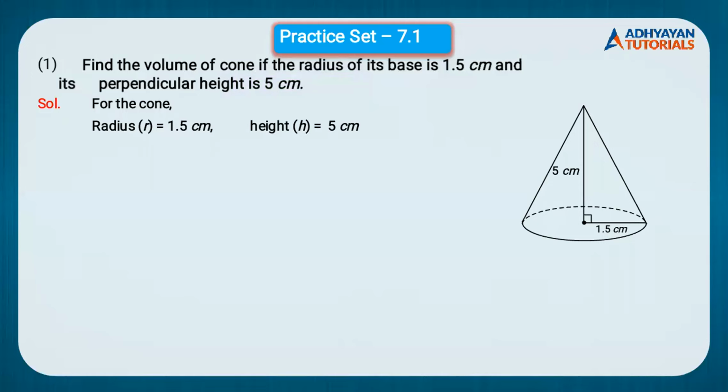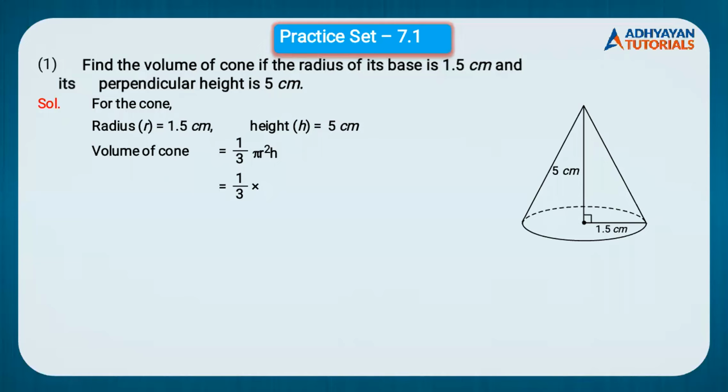Now students, what are we supposed to find in this sum? You can see the question. Question says we have to find the volume of cone. Now tell me, students, what is the formula to find volume of cone? Yes, in the formula sheet it's clearly given to you all, right? Perfect, very good. Volume of cone is equal to 1/3 pi r square h. Now we can substitute the values because we know radius, we know h. So we can solve this sum. 1/3 into pi. Now what is the value of pi we can take?